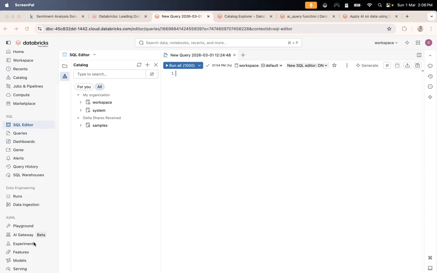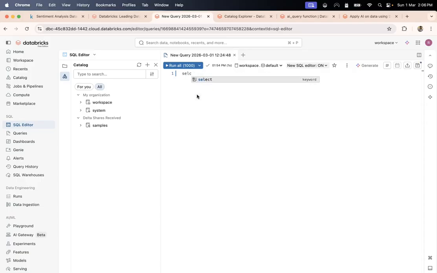Now let us see how we can use AI query to produce structured outputs. Suppose you have a use case where you want to extract structured information from a query, and you don't want to use the provided function called AI extract, and you would like to create your own functionality using AI query. How can you do that?